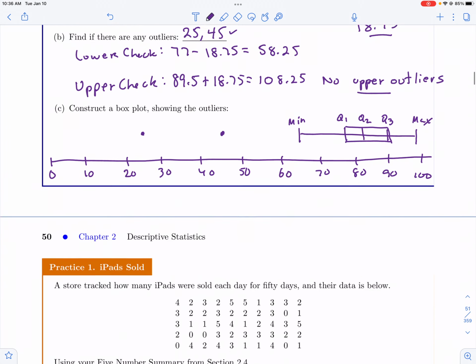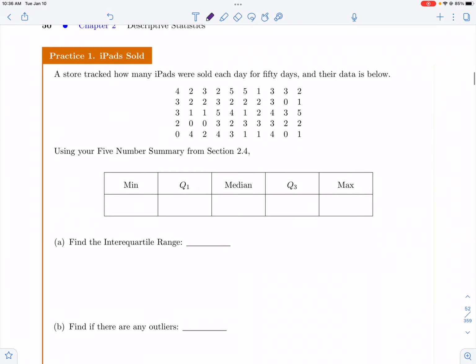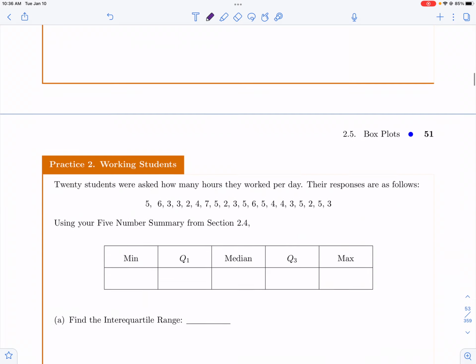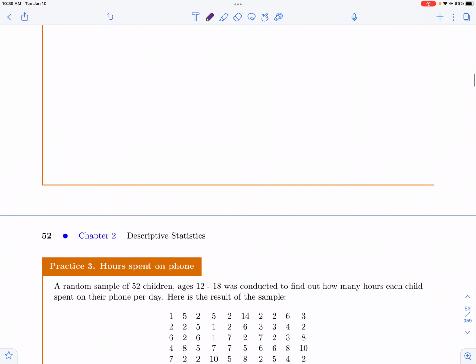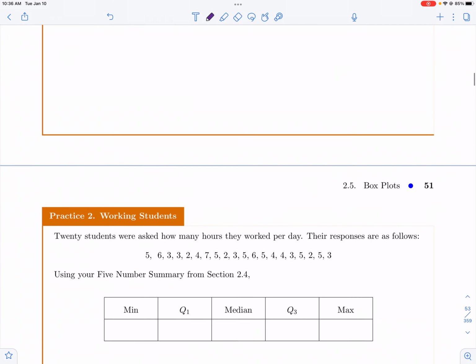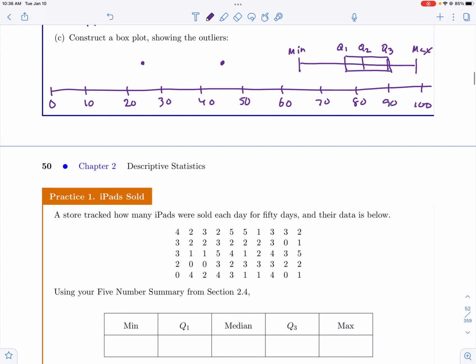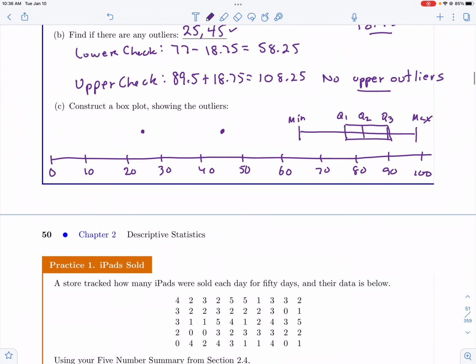All right. So if you have any questions, just let me know. So again, I'd mentioned in the other video, practice 1, practice 2, practice 3, these are all the same sets of data that we'd worked with before. So you've already technically found the 5-number summary. So now it's just a matter of drawing the box plot, trying to see if there's any outliers or anything like that. So if you have any questions or anything, just let me